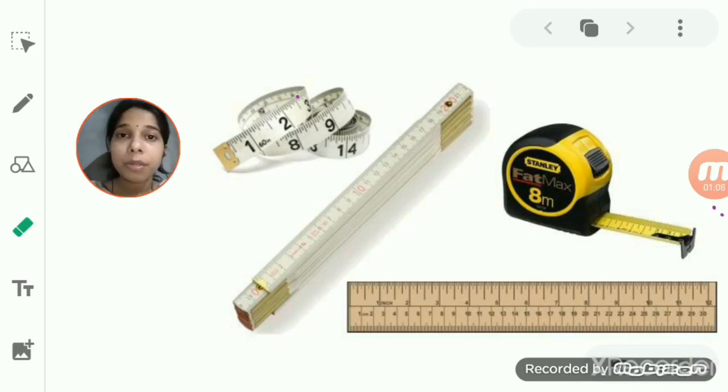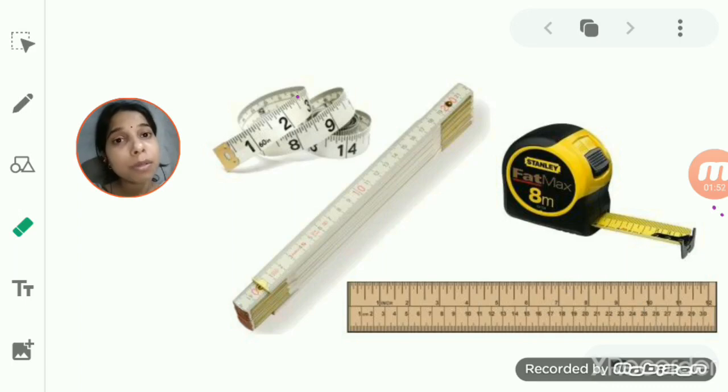By this we are able to find the length of the straight line. What about the curved line, students? We cannot use the scale directly on the curved line, so instead we use a thread. We put a knot on one end of the thread and keep it at the initial end of the curved line, and then we pull the thread over the curve. At the end of the curved line we put a mark on the thread. Now we take this thread and keep it on the ruler or a scale. By this we are able to find the length of a curved line.